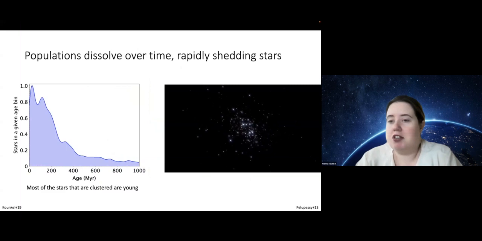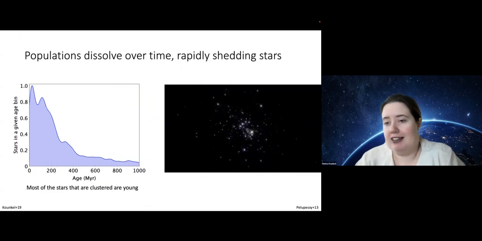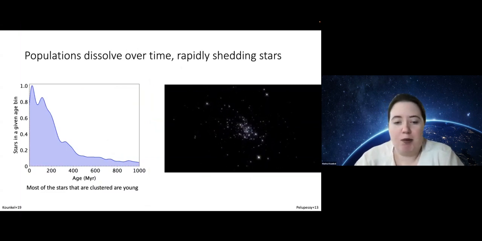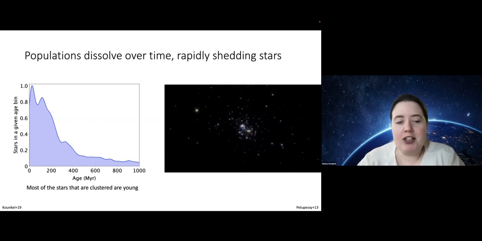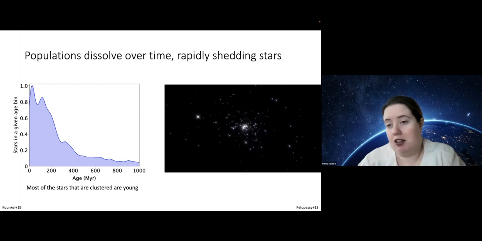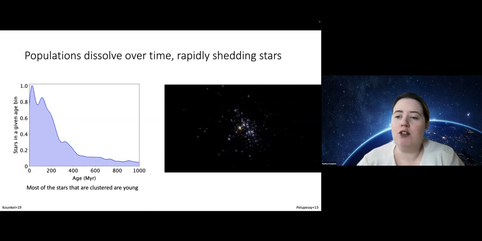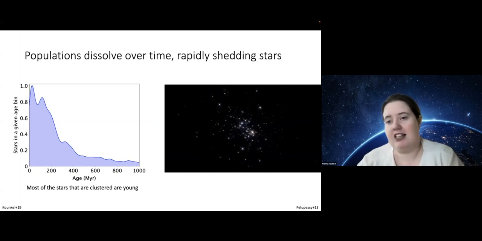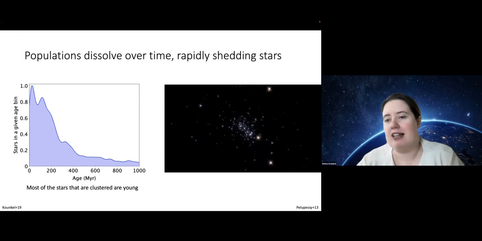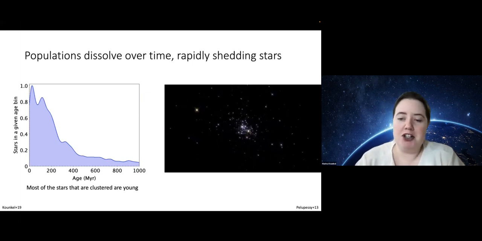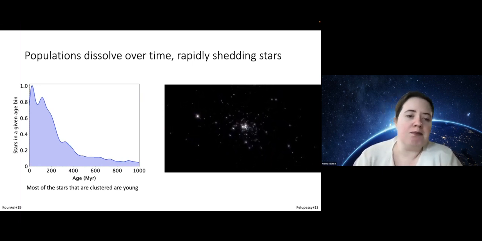There are billions of stars out there, and so just 1 million is just a drop in the bucket. The population that are easiest to recover through clustering are those that are the youngest, because they still haven't really dispersed too far out from where they originally formed. All the stars still have more or less the same velocity. They haven't really evolved that much in their velocity dispersion.